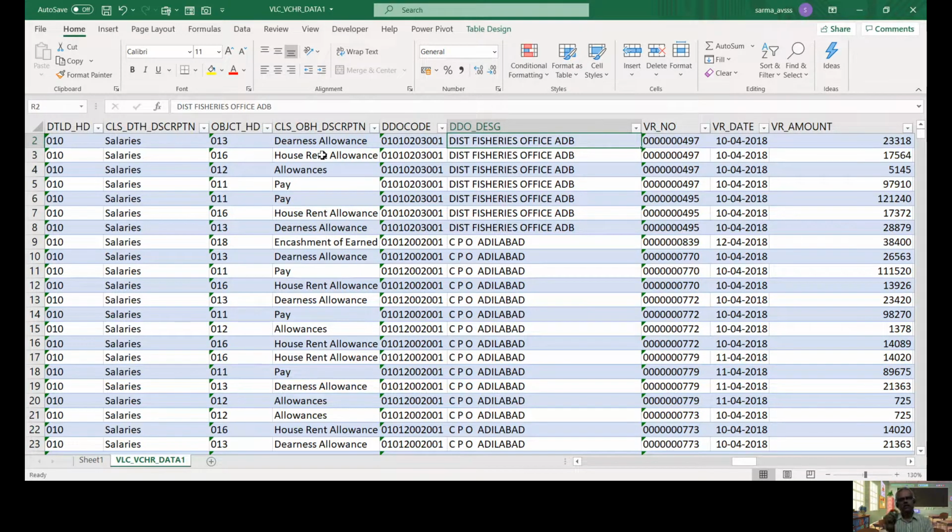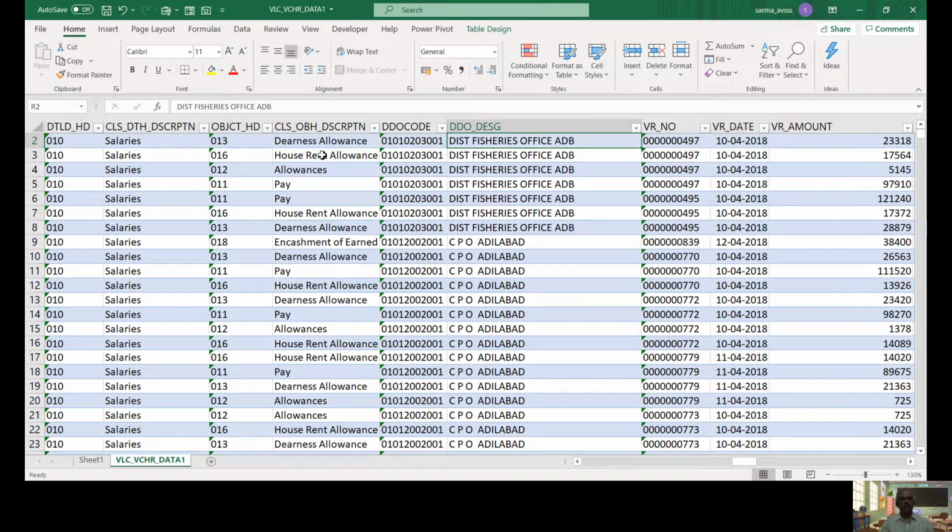That means, suppose a DDO is intentionally drawing amounts and the value of each voucher is say 3 lakhs or 4 lakhs. Such vouchers will never come onto our radar. So far, there is no practice to analyze the vouchers based on the DDO, right? So now we are trying to establish a process which will analyze all the vouchers of the DDO,